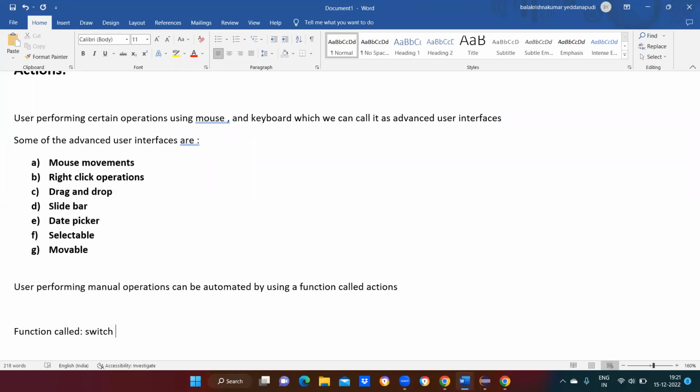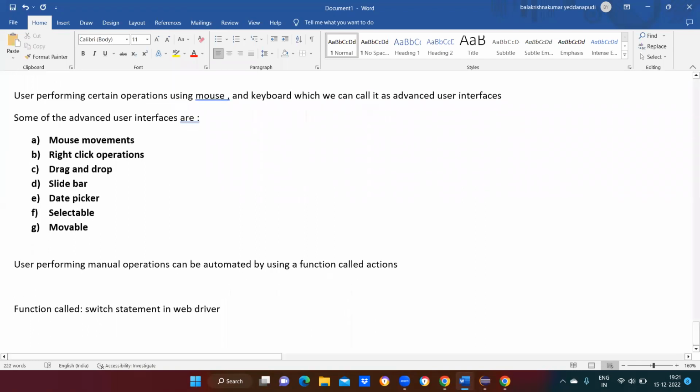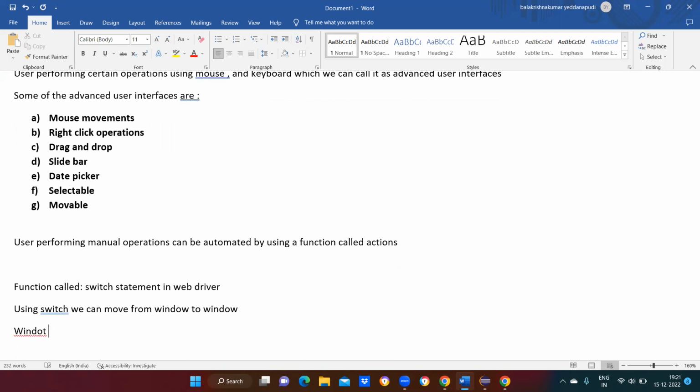switch statement in WebDriver. The switch statement, not in Java, I'm saying in WebDriver. Using the switch statement in WebDriver, we can move from window to window, window to frame,